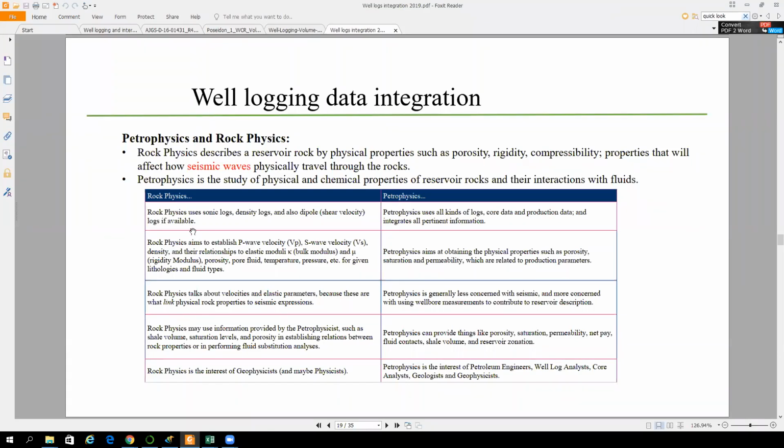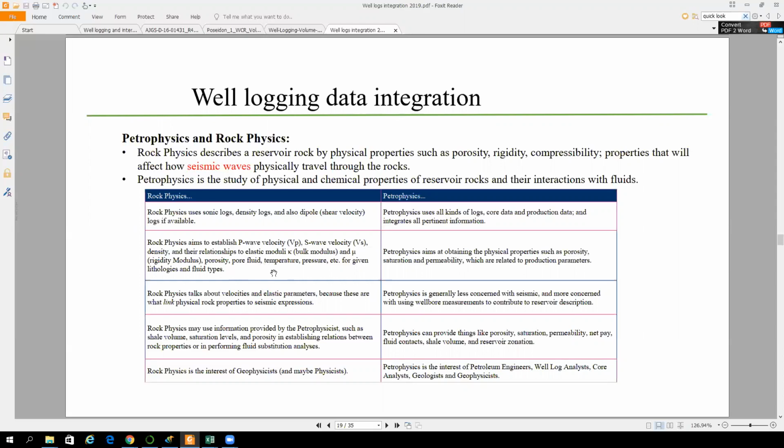Rock physics actually uses sonic logs, density, and shear wave, or the S wave. So we are using P wave, S wave, and density only. But in petrophysics, we are using all kinds of logs which we have seen in the previous lectures and throughout the semester. The rock physics will try to establish